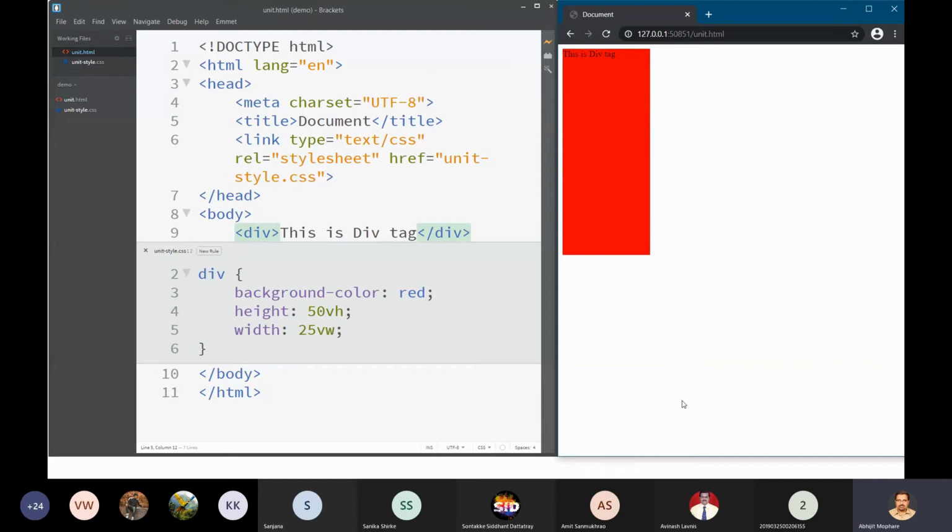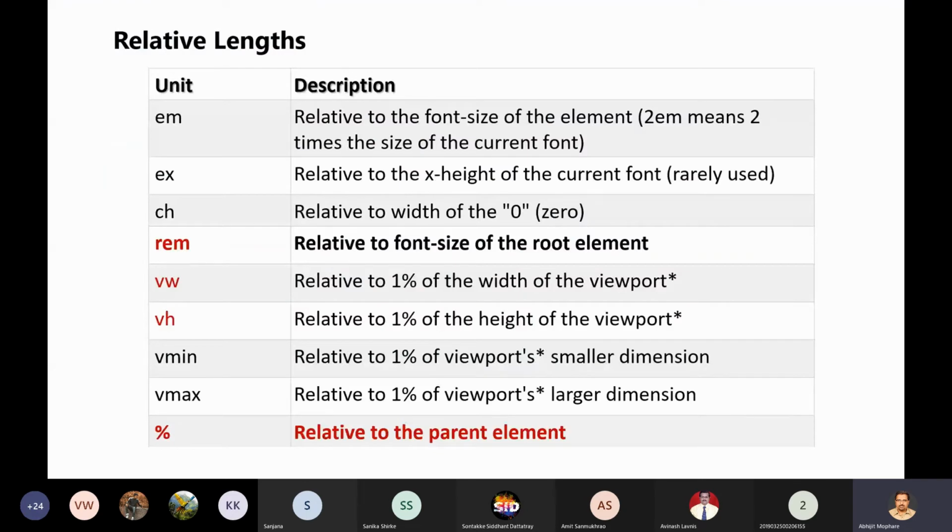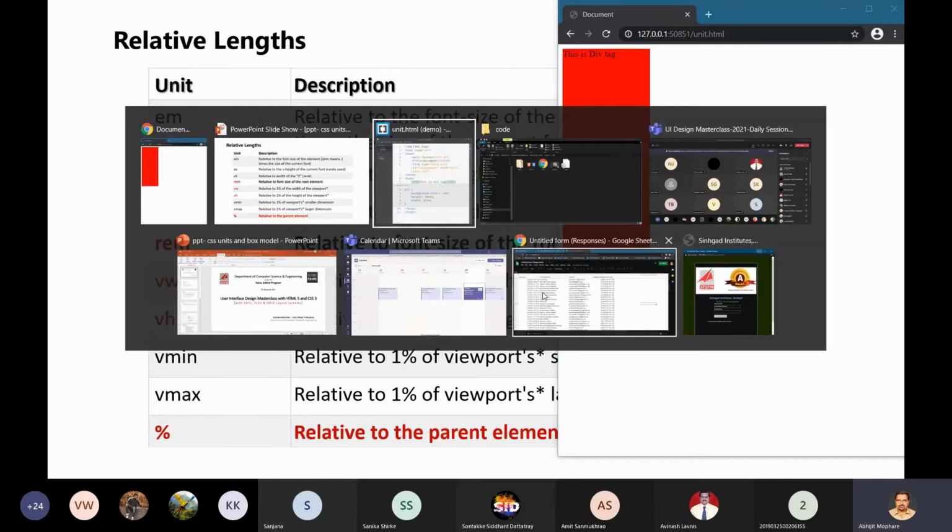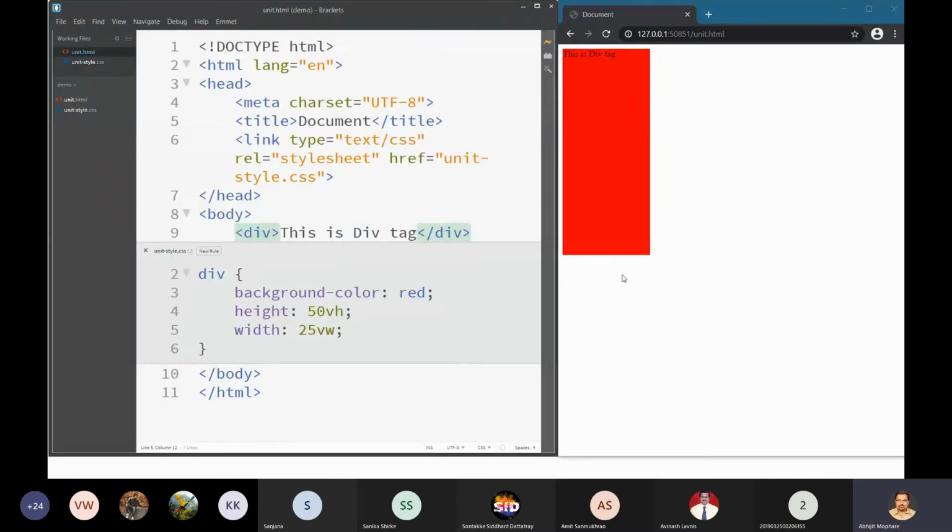That's why we don't have to use absolute. Now you will know why I told you not to bother about the absolute length. We are using only the relative lengths, and out of that only VH, VW, rem and percentage. These are the only four main length units. Understood? I think you have understood what is VW and what is VH. I will demonstrate what is the rem in the next assignment, or after some concepts. Rem is a little bit difficult to understand, or rather difficult to get initially.